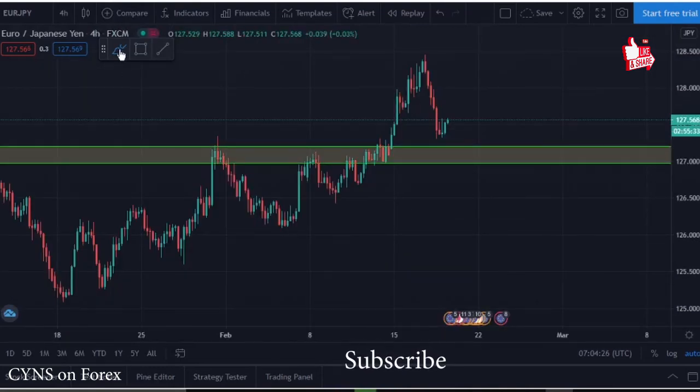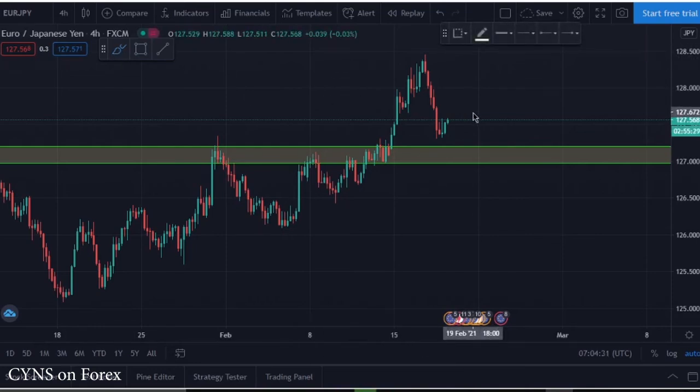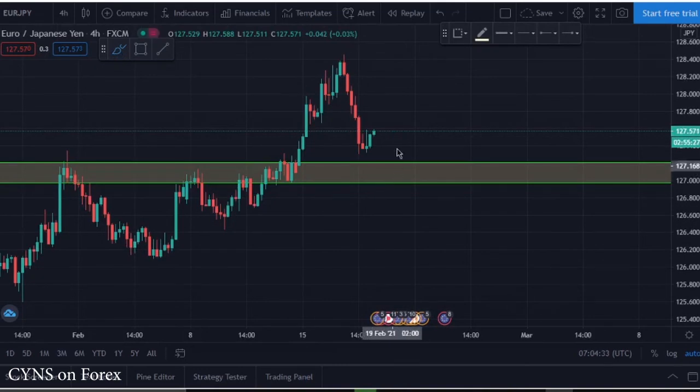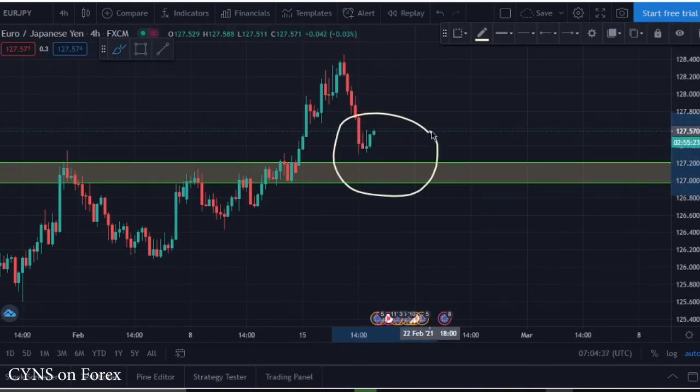When we come to confirmation and entering the trade, the best time frame is the 4-hour time frame. So we will be monitoring price action from a 4-hour perspective in this area. Currently we have a 4-hour bearish market, and we are waiting for the 4-hour bearish market to convert to a 4-hour bullish market for a valid entry.